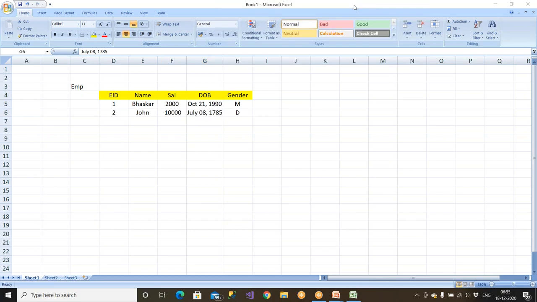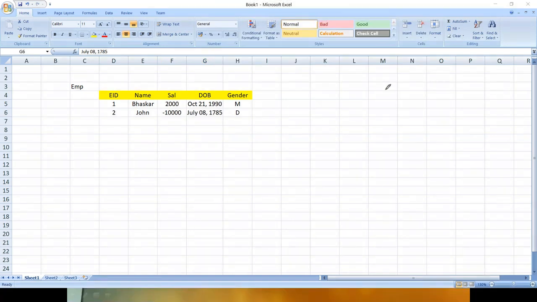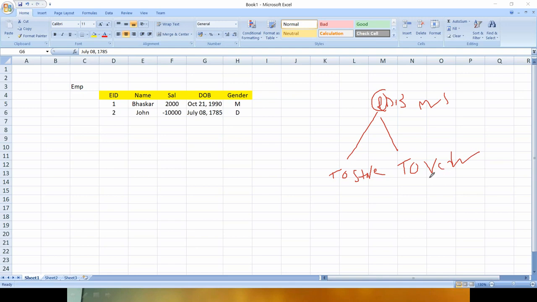What is the purpose of RDBMS? I'm talking about RDBMS here. RDBMS is there to store the data, right? RDBMS is there to retrieve the data. Clear?